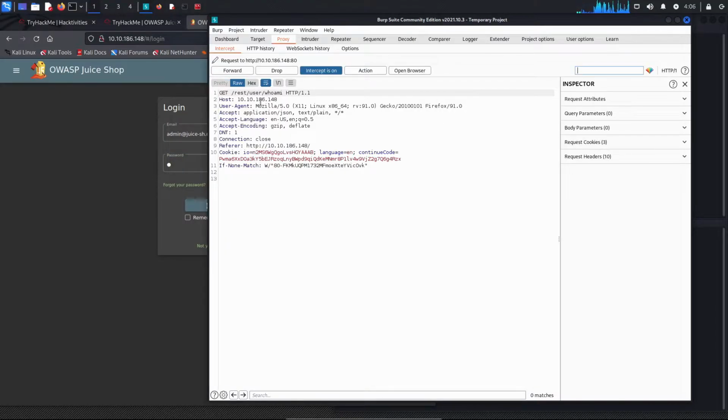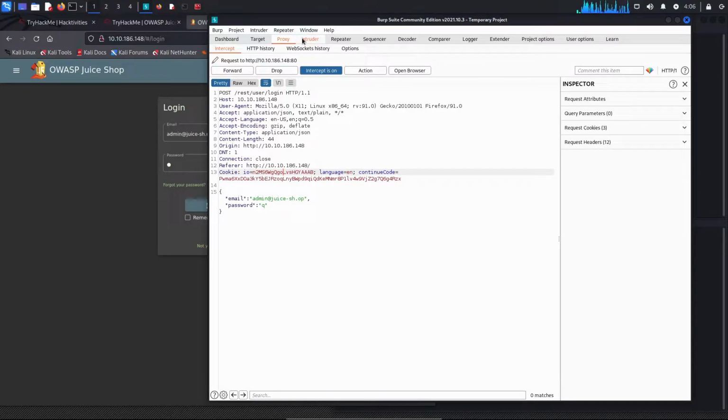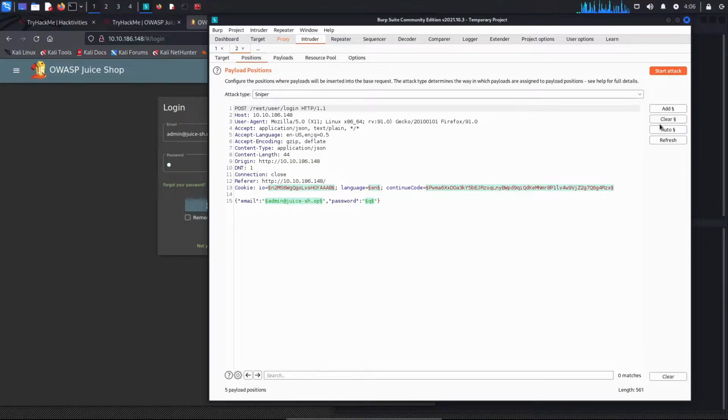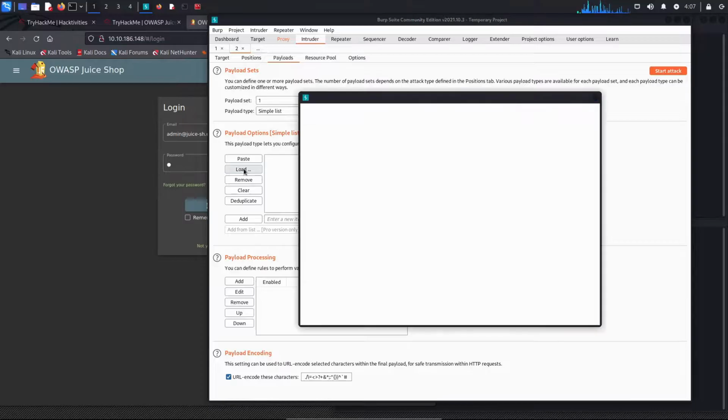We're going to forward, and once we see this request, we're going to send it to Intruder, and go to the Intruder tab, on Positions. We're going to clear this. We're going to select the password, and that's the field that we're going to change, where we'll fill in the passwords from the dictionary.